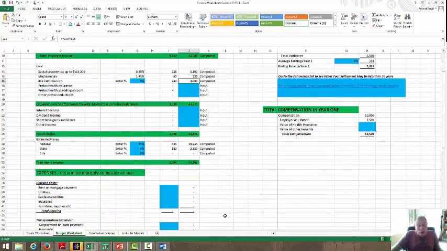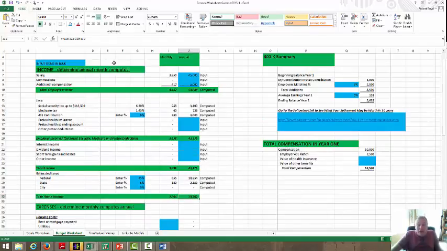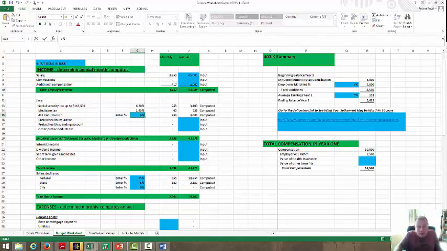So your take-home that you can spend is 30. You can't spend $50,000 because you have taxes and these pre-tax contributions. If you don't want to save, that's fine. Just put it back to 0, and you got 32,000. But as you can see, if you make 70,000, you got 46. So let's set this back to 45.